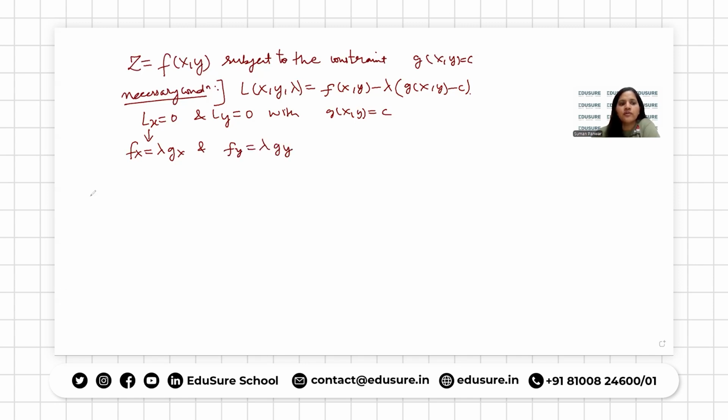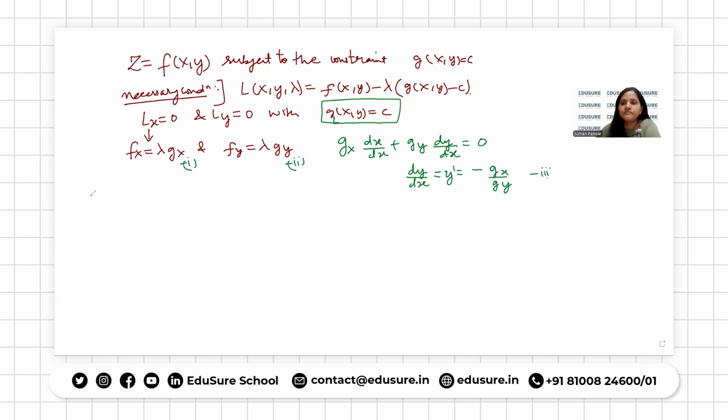Also, we assume that g of x, y equals c because this constraint is given to us. So when we differentiate it with respect to x, we get the partial derivative of g with respect to x, plus the partial derivative of g with respect to y times dy by dx, equals 0. And from here, dy by dx, that is y dash, equals minus gx upon gy. So we have this,